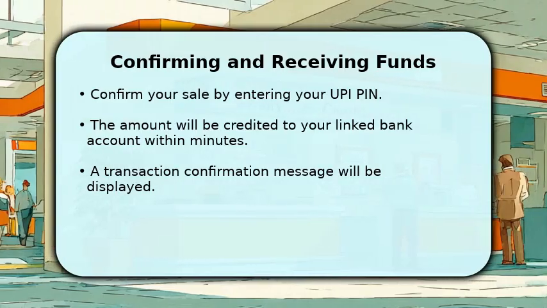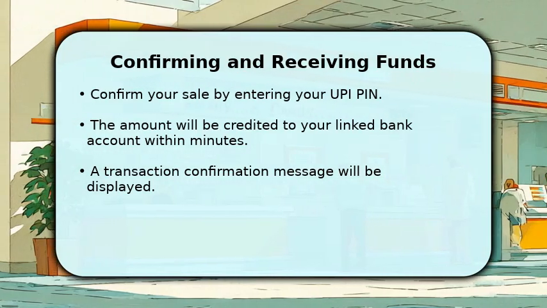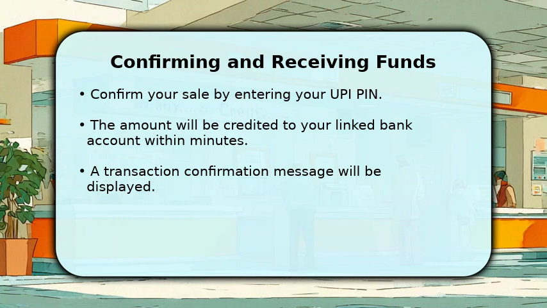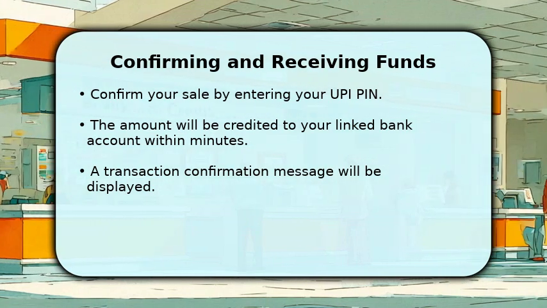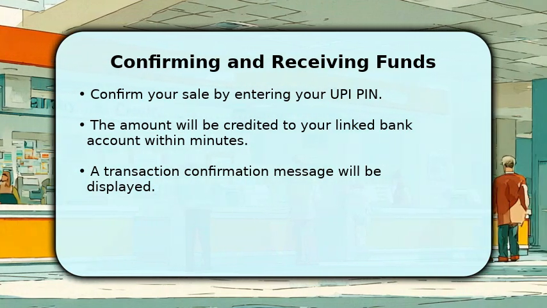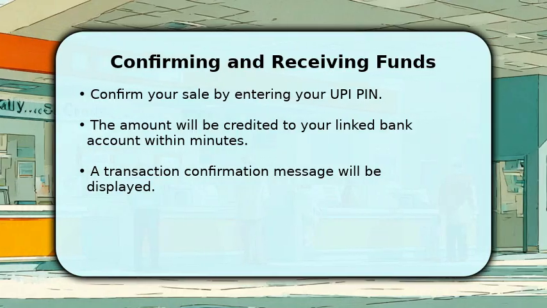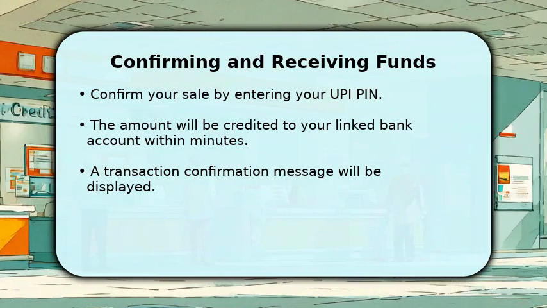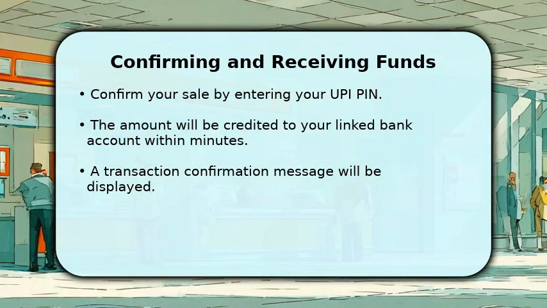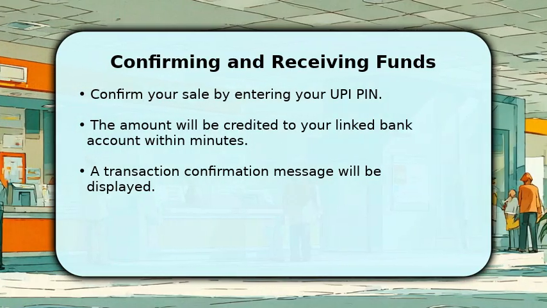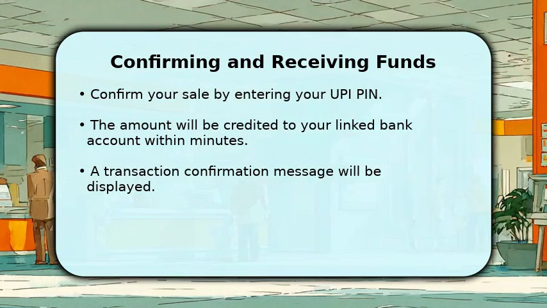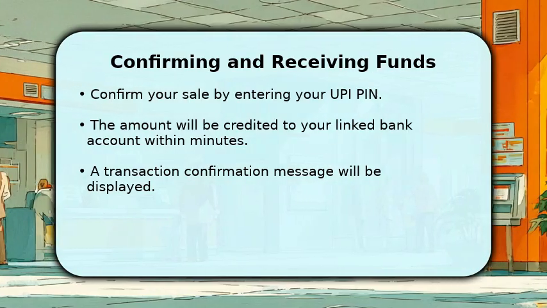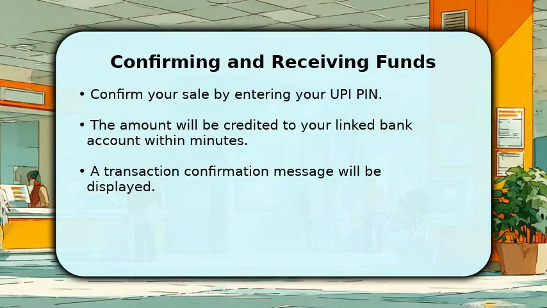After reviewing all the details, proceed to confirm your sale. You will be prompted to enter your Unified Payments Interface, or UPI, PIN to authorize the transaction. Once confirmed, the sale amount will typically be credited to your linked bank account within a few minutes, often almost instantly. You will receive a confirmation message on your screen and an SMS notification indicating a successful sale. It's that simple to